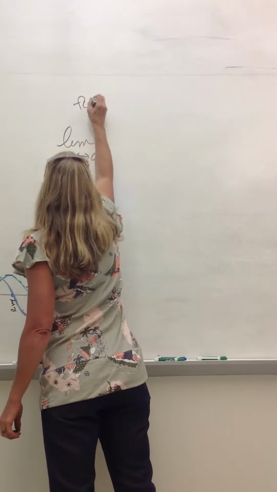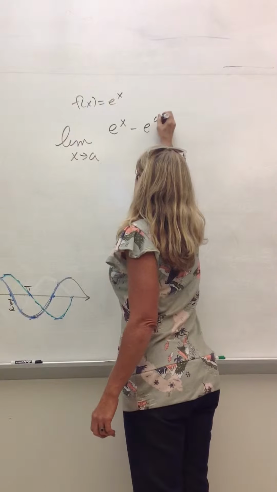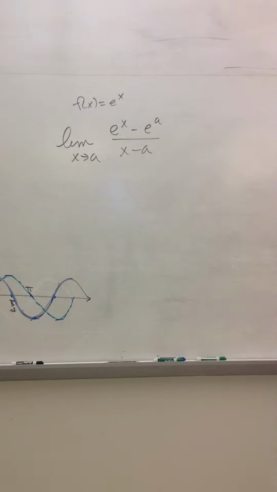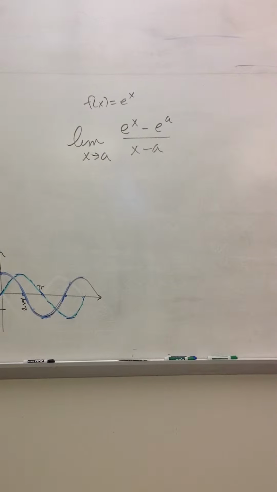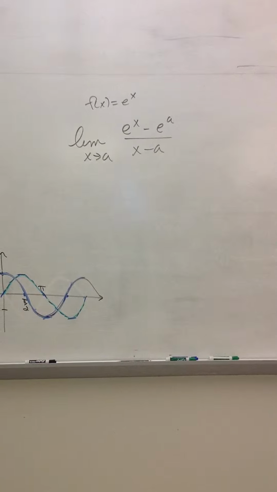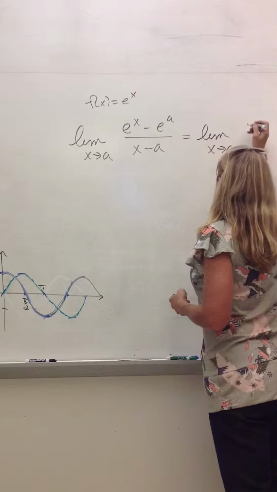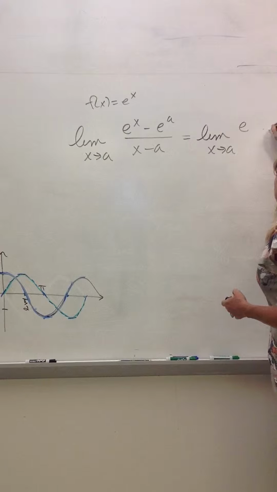My function is e to the x, so y1 minus y2 over x1 minus x2. And like the sine and cosine proofs, and unlike the polynomial proofs, I'm kind of stuck. With the polynomial ones, we could factor. Factoring was what saved us. I can't factor here. But there is a nifty little algebra trick that cleans this up pretty quickly and gives us our answer. If I multiply the top and the bottom